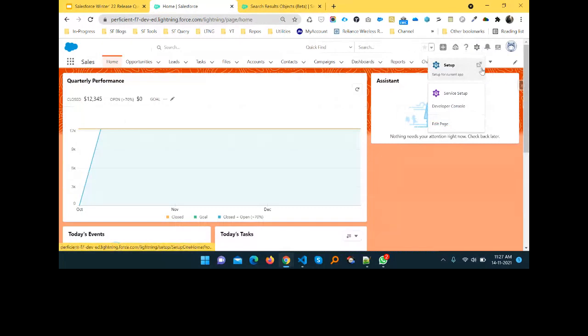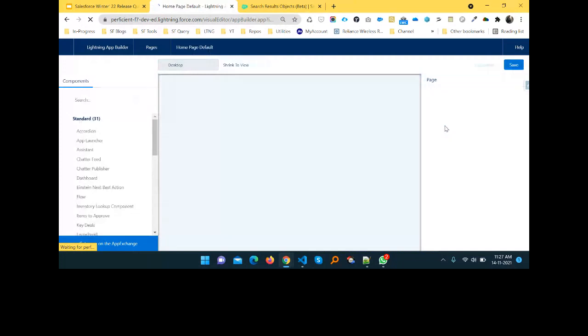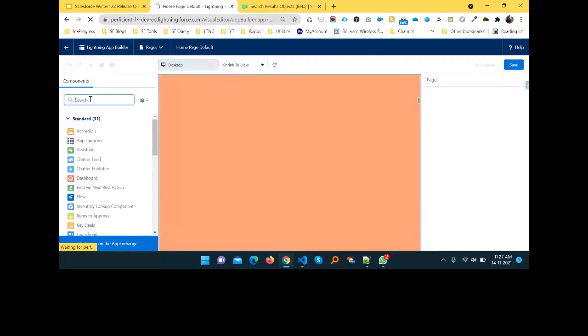Here you can see under this gear icon, you can see this option, Edit Page. Just click this one, and under the Lightning App Builder, once you select any rich text area under the components here, you have to search for rich, and Rich Text, just drag and drop in a particular place.